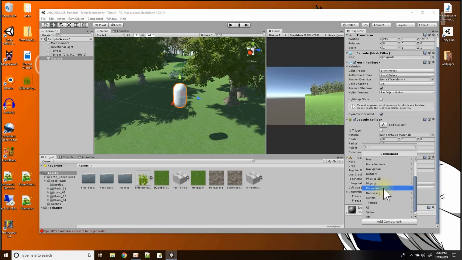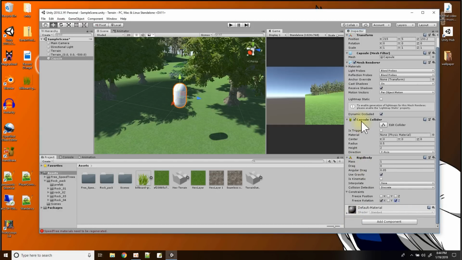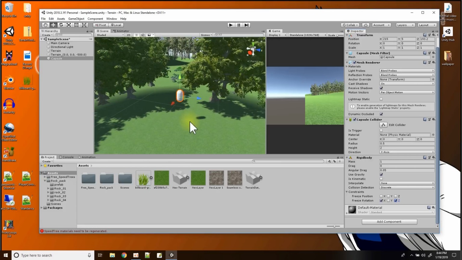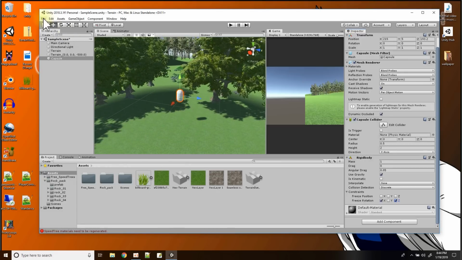I'm also going to add a collider. And oh, wait, I don't have to. I'm sorry, the collider's already here, guys, right? Here's the capsule collider and a rigid body. So now with the capsule with a rigid body and it already has a collider, let me just align the